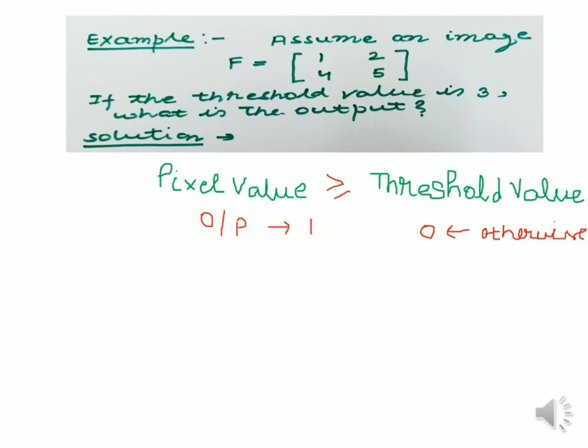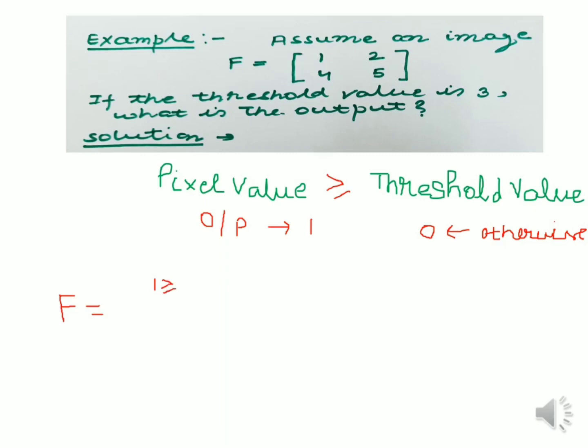So, applying the threshold process to the given image F with the help of this threshold value, because each and every pixel will be compared with the threshold one.